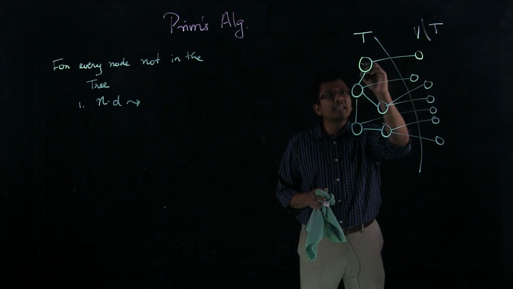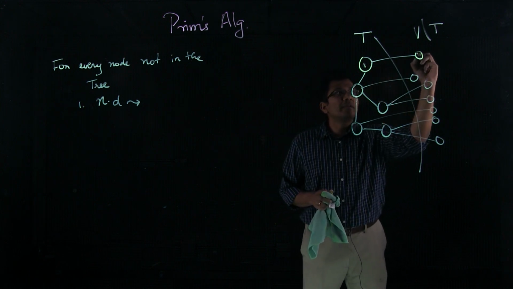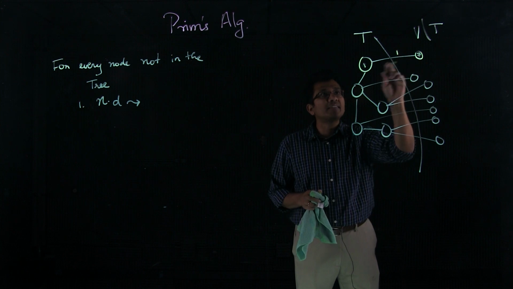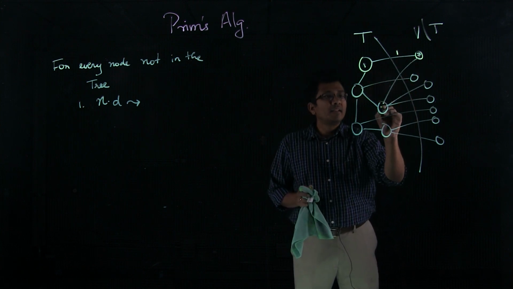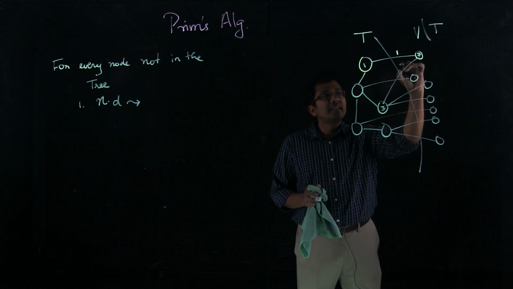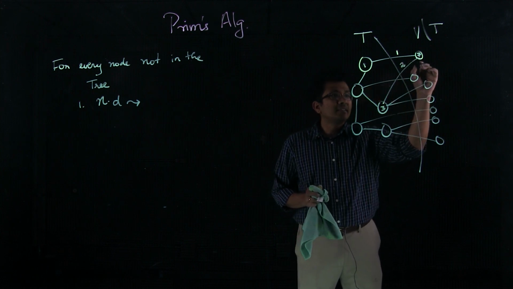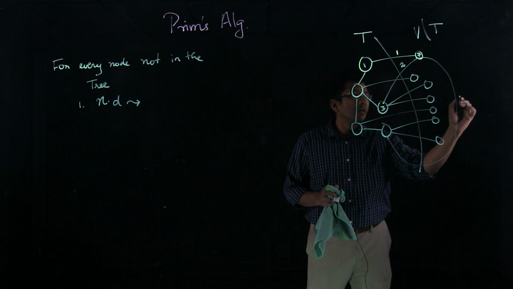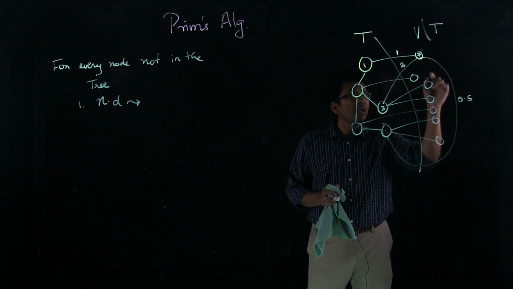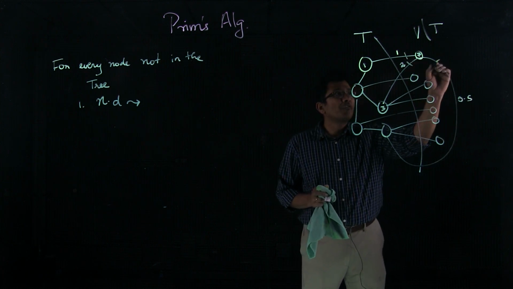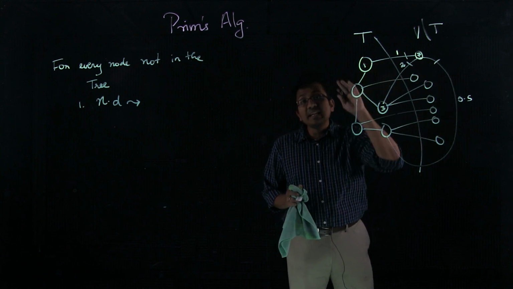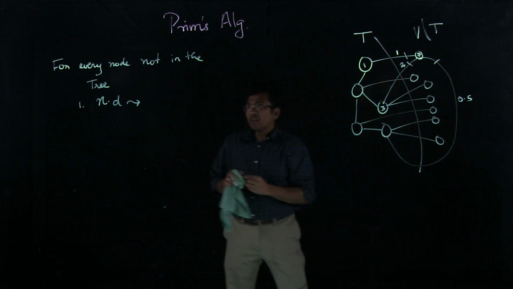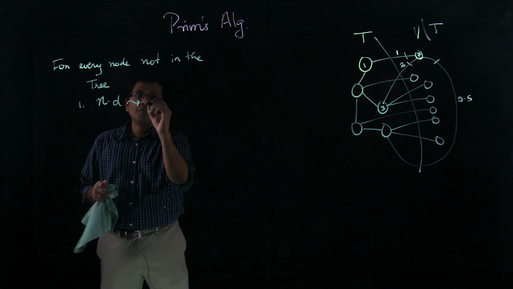So for example, let's take this node 1 and let's take this node 7. Suppose 7 has an edge of weight 1 to 1, and let's call this node 3, and it has an edge of weight 2, and an edge of weight 0.5. So take all the edges that go from the node that you are interested in to some node in the tree. Then n dot d is the weight of